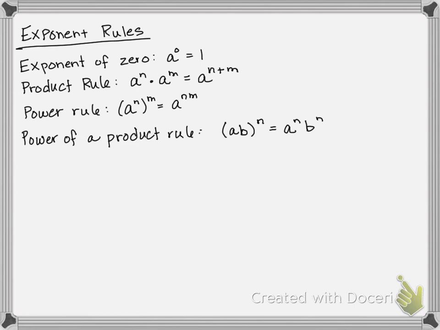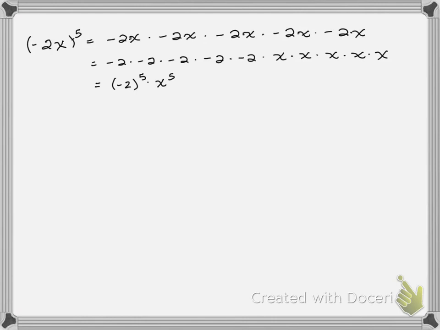So notice that the operation inside the parentheses here is multiplication. If the operation is anything other than multiplication, then the rule doesn't apply. So we call this the freshman's dream, that x plus 5 squared is equal to x squared plus 5 squared. That's simply not true. And the reason that that's not true is if we go back to,